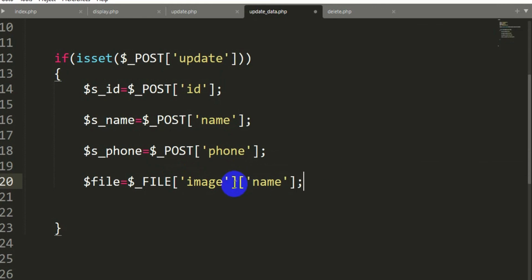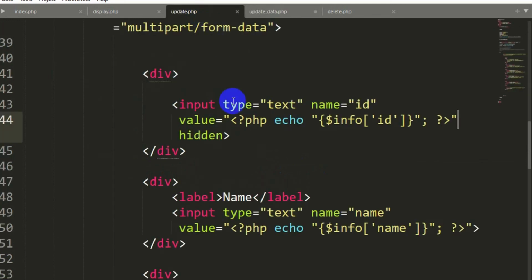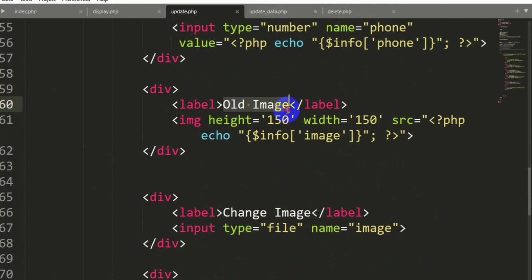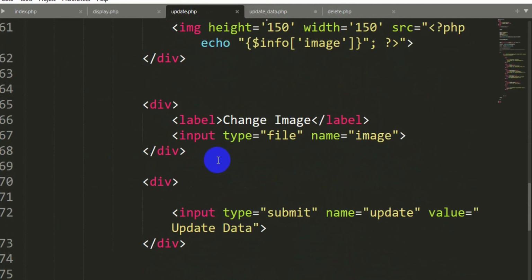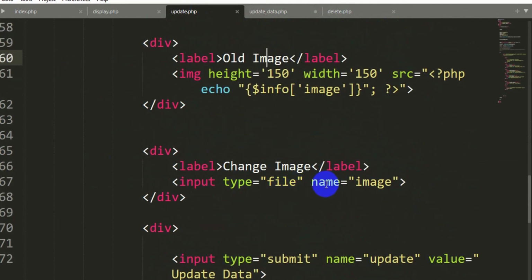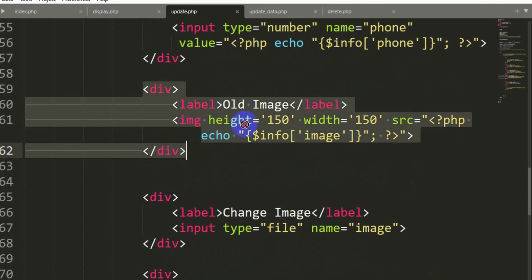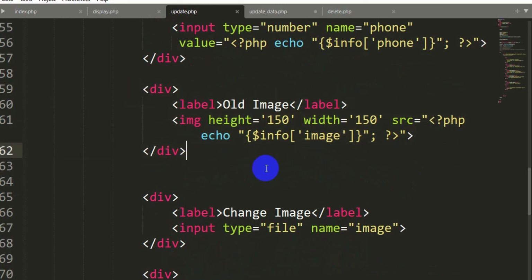Now we require to give this name, and this name is actually coming from the update.php. Here you can see after the old image we have our input type file, and name is equal to image. So this old image is actually for showing the old image, that's all.